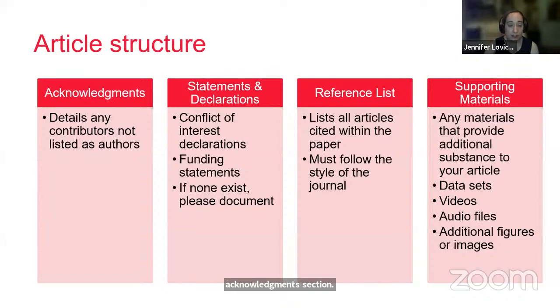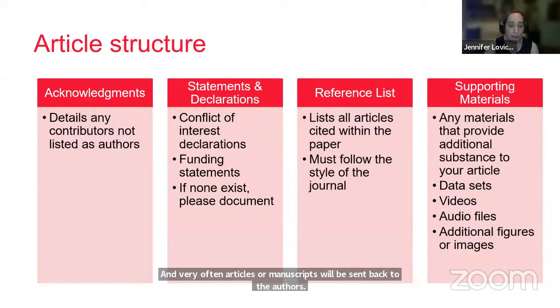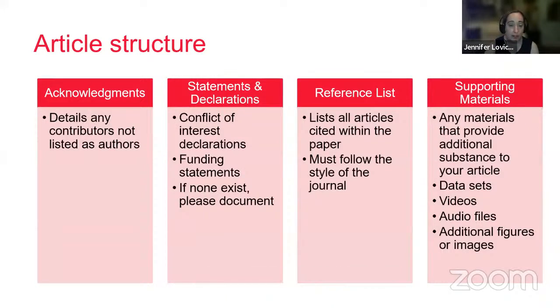The inclusion of detailed ethics approval and informed consent statements is a fundamental requirement for biomedical research articles. At the initial review stage in peer review, there is a check to see that appropriate ethics approval and informed consent statements have been provided by the authors in the manuscript. If these things are missing or incomplete, very often manuscripts will be sent back to the authors. The manuscript may not move forward to peer review right away, or additional information might be requested at the first revision. So providing this information at submission does reduce the likelihood of a manuscript being sent back or rejected up front, and also spending more time going back and forth in revisions.